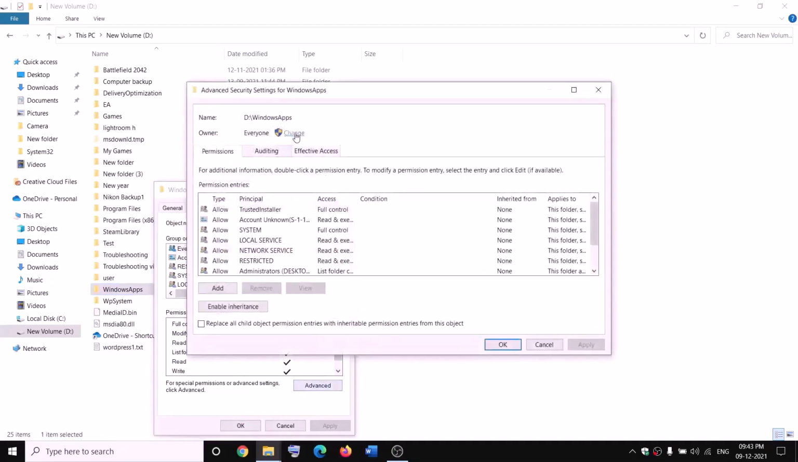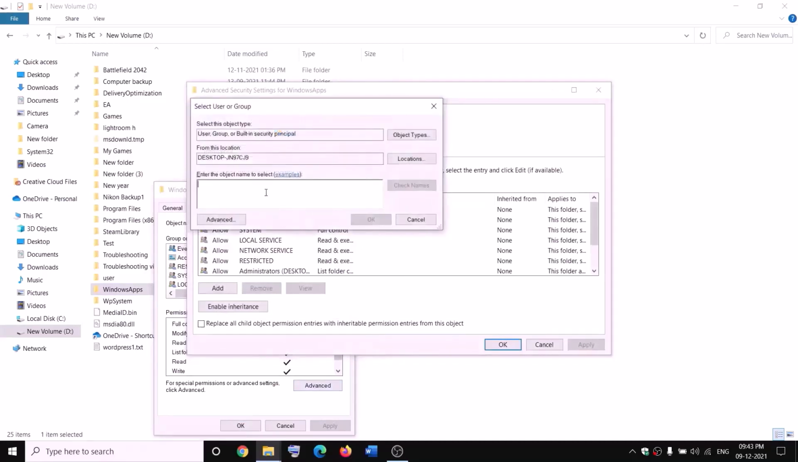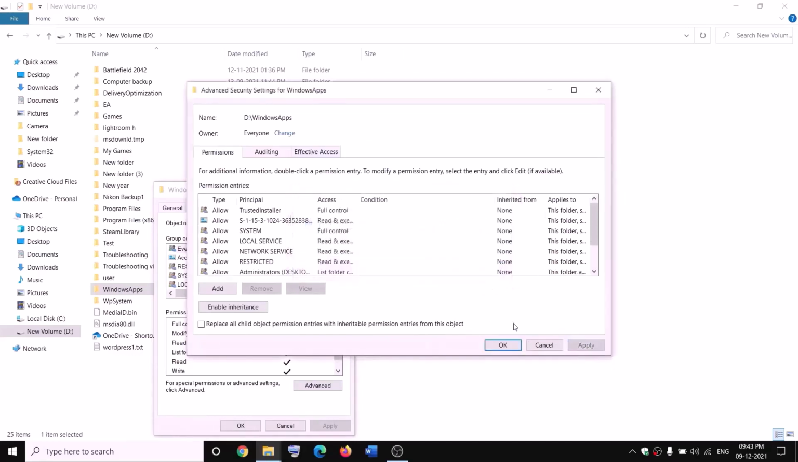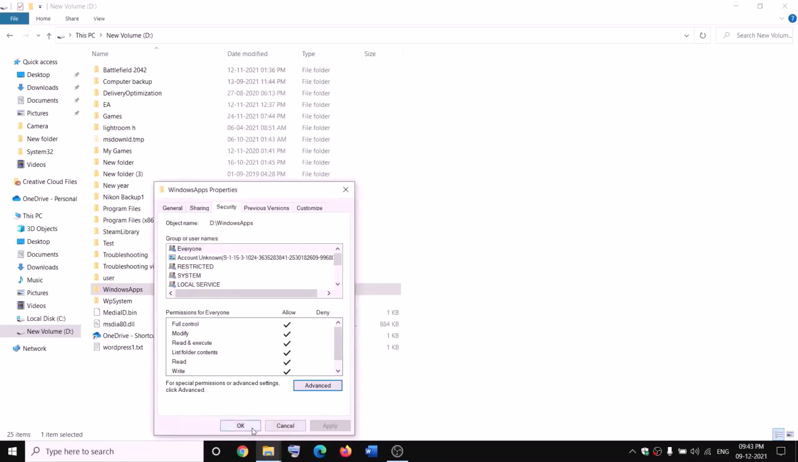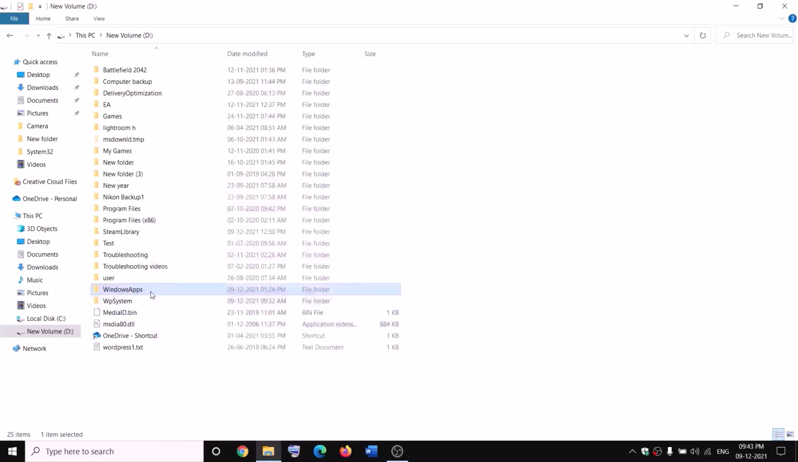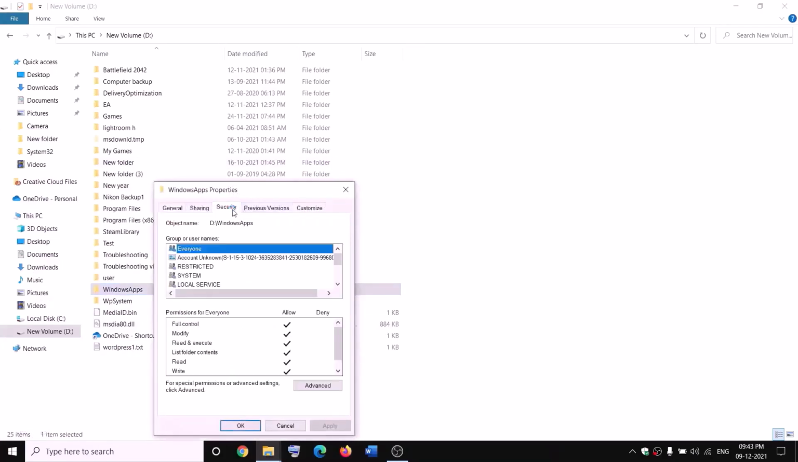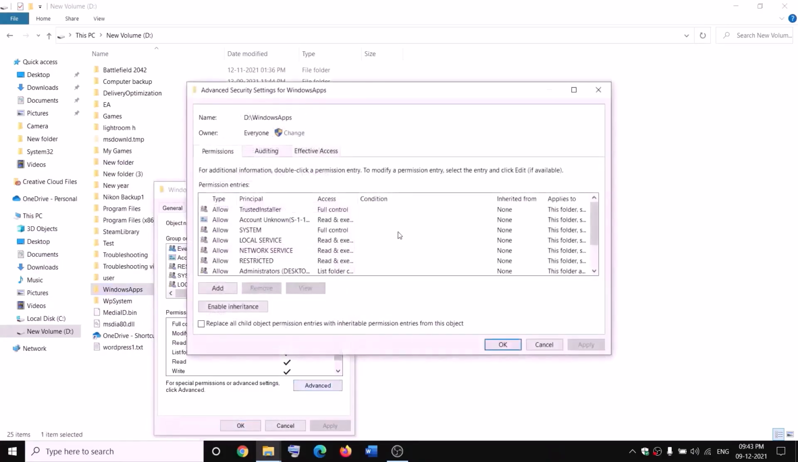Now click on change over here, type in everyone in the box. Now click on check names, then click on OK. Now put a check on the box which says replace owner on subcontainers and objects and then click on apply. OK, OK, again OK. Again make a right click on Windows apps, select properties, security tab, advanced, and this time